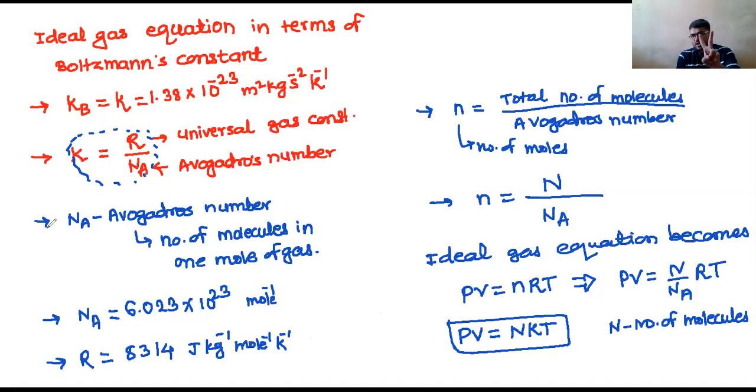Number of moles, we have two formulas. Small n is equal to small m by capital M, where small m is mass of gas and capital M is molecular weight. Another formula is small n is equal to capital N by Na, where N is number of molecules and Na is Avogadro's number. If they give the number of molecules and Avogadro's number, or the mass of gas and molecular weight, you can find the number of moles. Got it? So note down this.